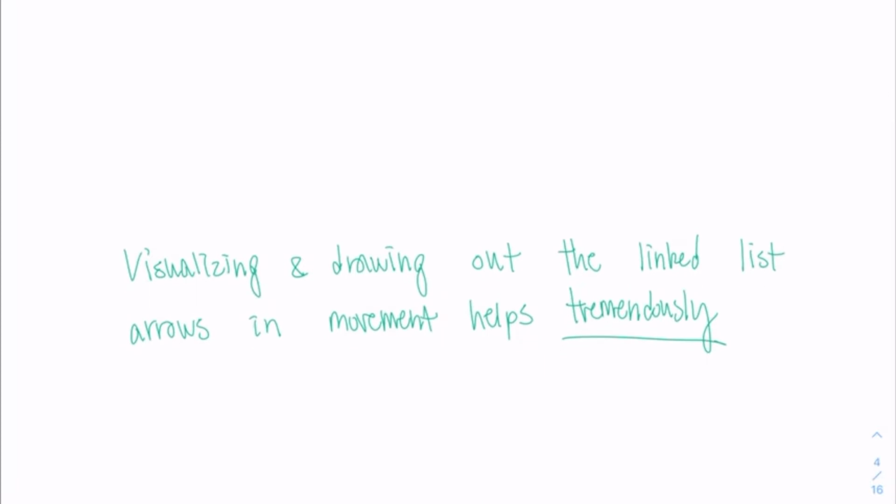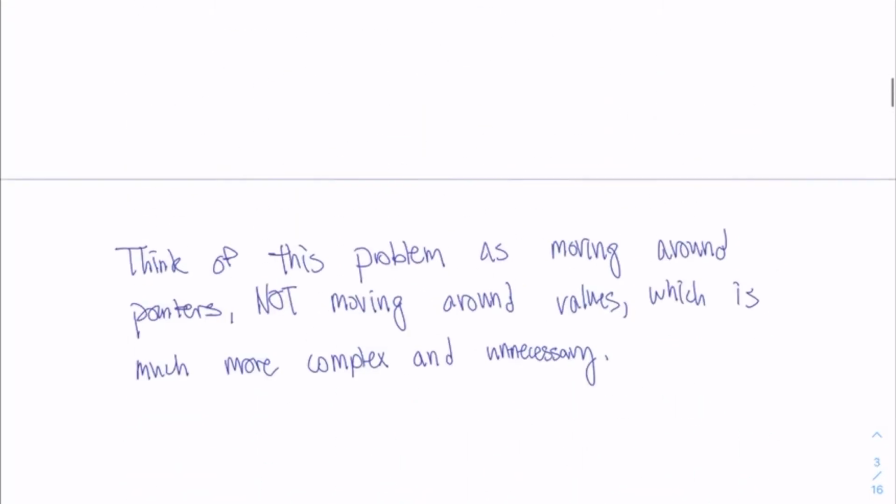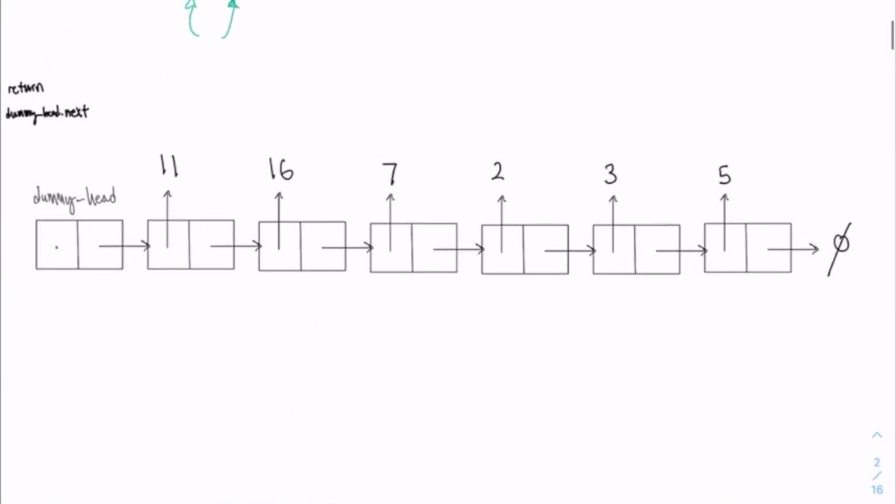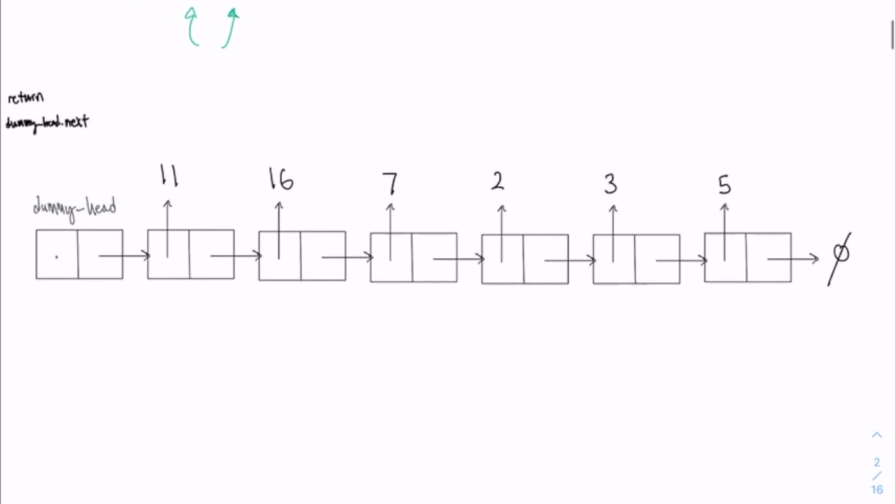And finally, visualizing and drawing out the linked list in movement will help tremendously when working out these linked list problems. When you're in an interview setting and you're in front of a whiteboard, being able to draw the arrows and figure out the code from that is the most effective way, for me at least, to write code, because you're able to have a picture idea and you're able to translate that picture into code. And we'll be using that same picture concept when we create the code